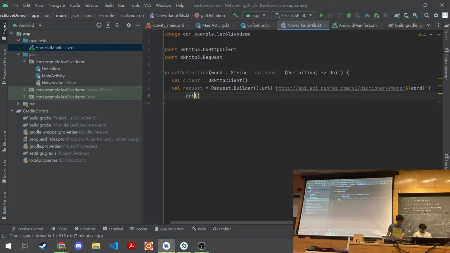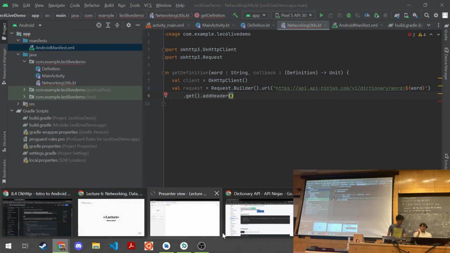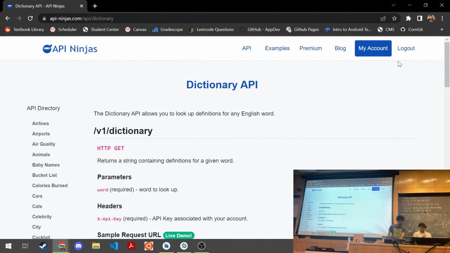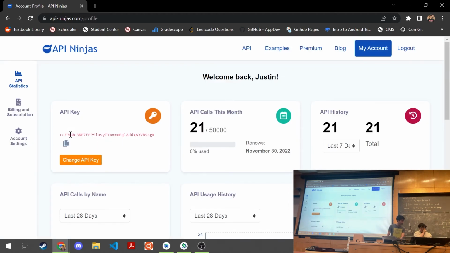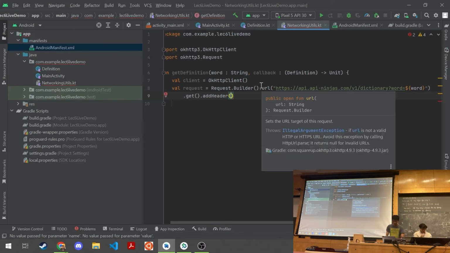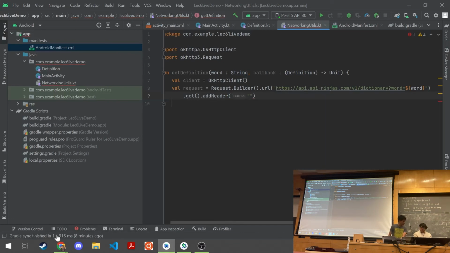That's the next line, and put in my header. So I would trust that you guys will not steal and abuse my API key. I do have the power to change it, so if you guys start deciding to make malicious requests with my API key, I will have to go into my account and change it. I'm going to assume that you guys won't do that though. Here's my API key for the world to see. And so I'll have to align this with the specification.